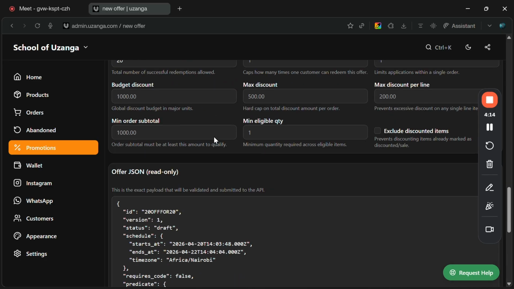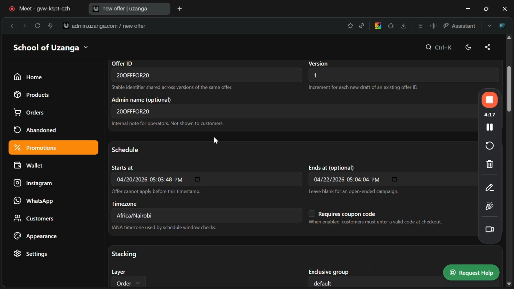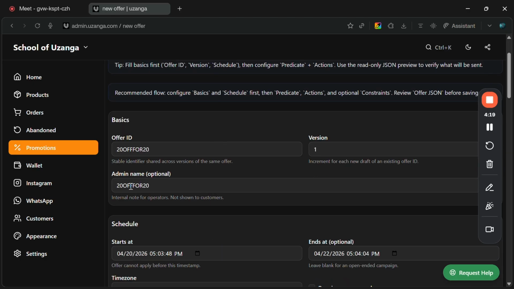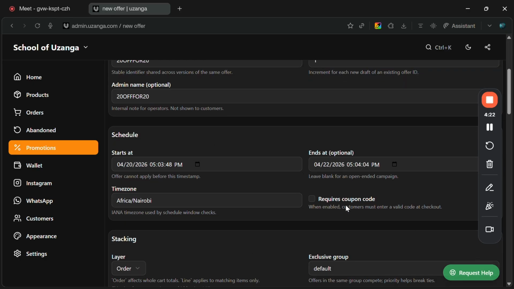That will be the end of this discount. So it's as simple as that. You only need to focus on the offer ID, admin name, schedule, and the duration you want the discount to go for. If you wanted to use a coupon code, it can be something like user 200,